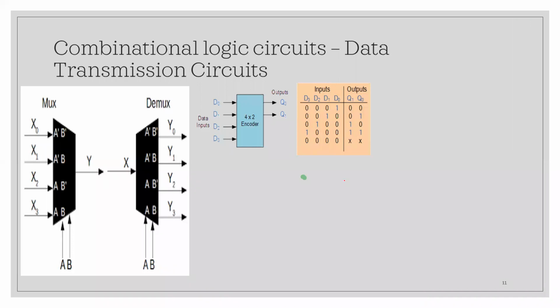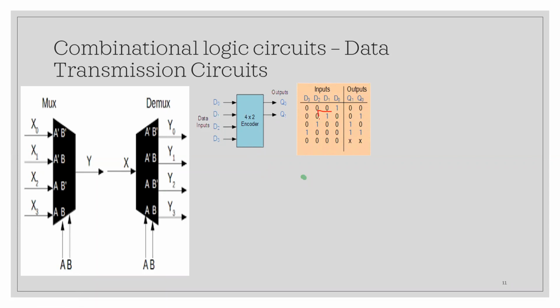Now, what does that mean? We'll just check. Here you can see that we have an encoder. In many of these diagrams they show even an enable input, so only when enable is active, depending on whether active high or active low, does the encoding go ahead. Here you can see that whenever D naught is high, the output will be 0 0. But what should the others be? Others should be all 0.